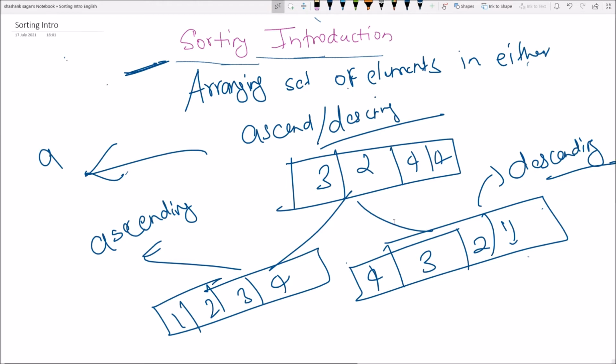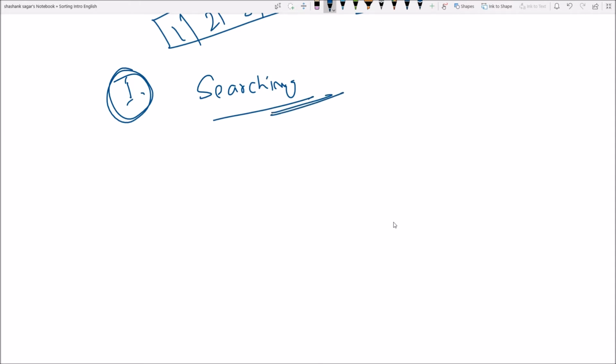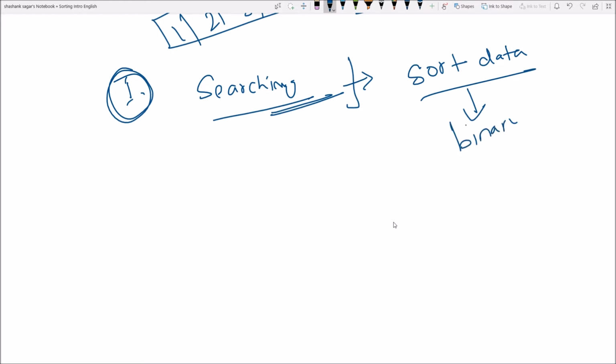Now let's see the use of sorting algorithms. It is mostly used for searching. Sorting is used to sort data so that we can apply binary search.